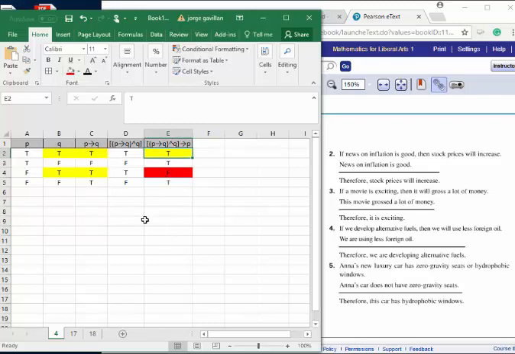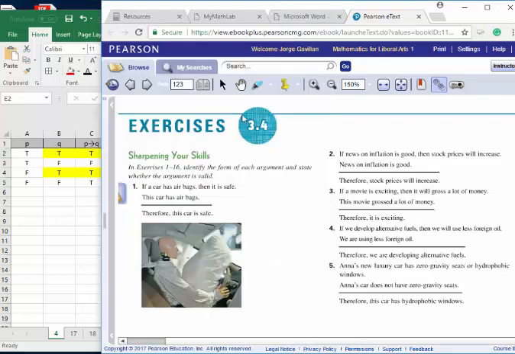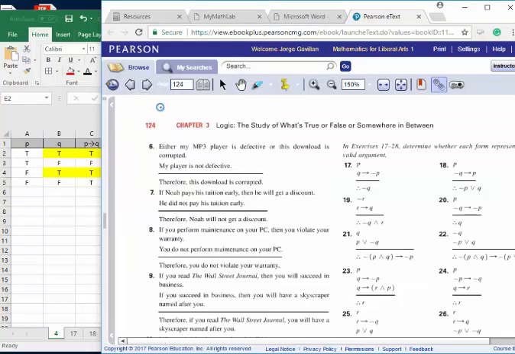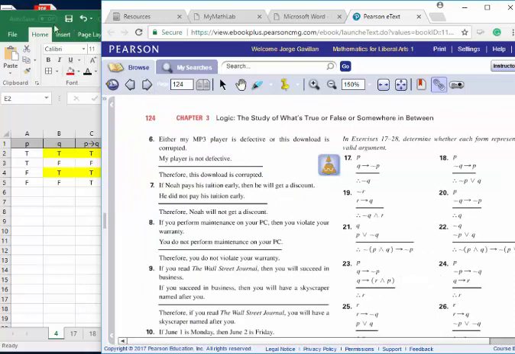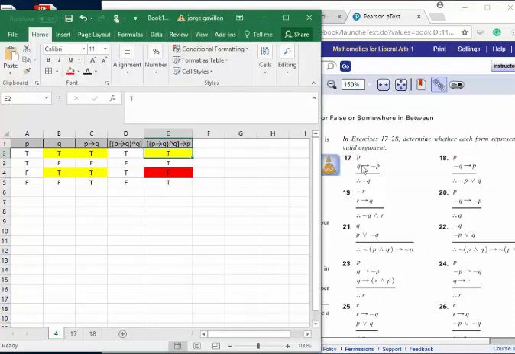And so therefore, that would be an invalid argument. So number 4 is an invalid argument. So the next thing that I want to look at is number 17. And then you can see number 17, and we did 17 in class, and 17 turned out to be a valid argument, I believe. So again, the textbook wants you to look at the premises only when this is true